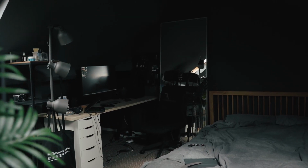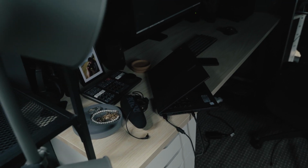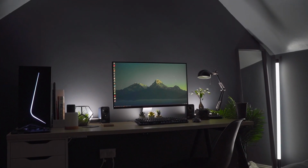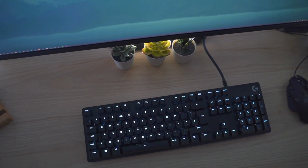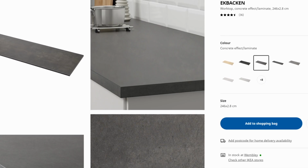So my previous desk setup was the Ekbacken countertop table on top of an Alex drawer and a trestle from Ikea. And I did love the arrangement, but because it was lighter, it didn't really match the whole darker workspace aesthetic that I was going for. So I went for the Ekbacken countertop table again, but this time in a concrete finish to match a darker